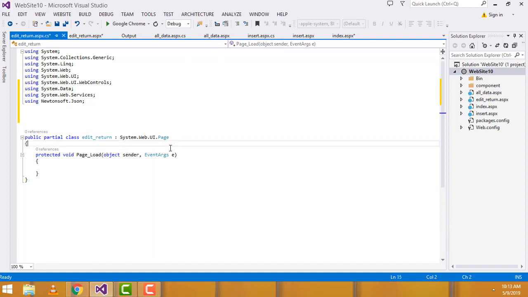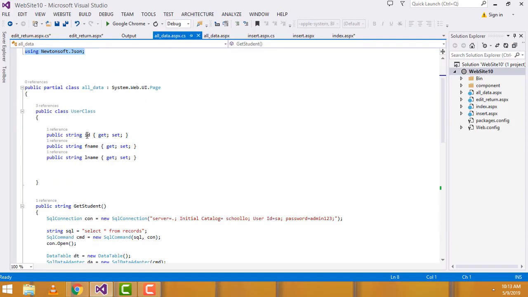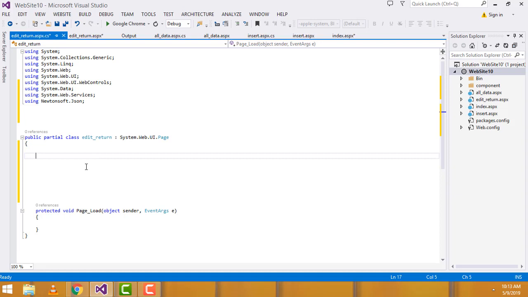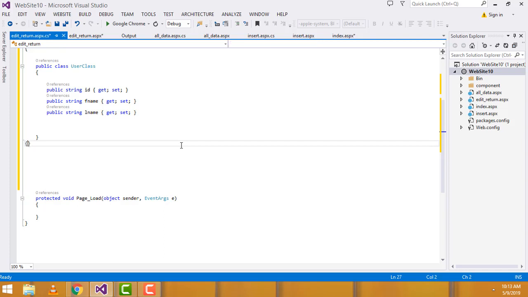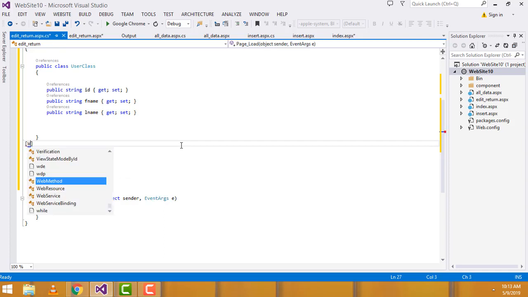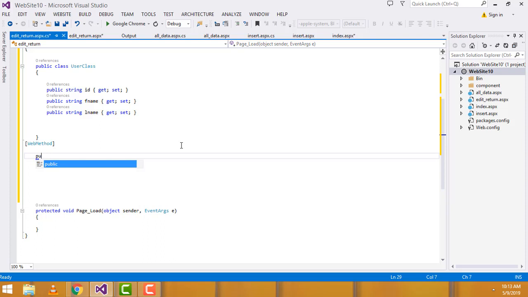After that, what I am going to do is go to the aspx, this one, the same class, user class, Control C to copy here, Control V to paste here. After that, we have to write the web method. We have to write the web method. After that, here we have to write the code for that. So public static